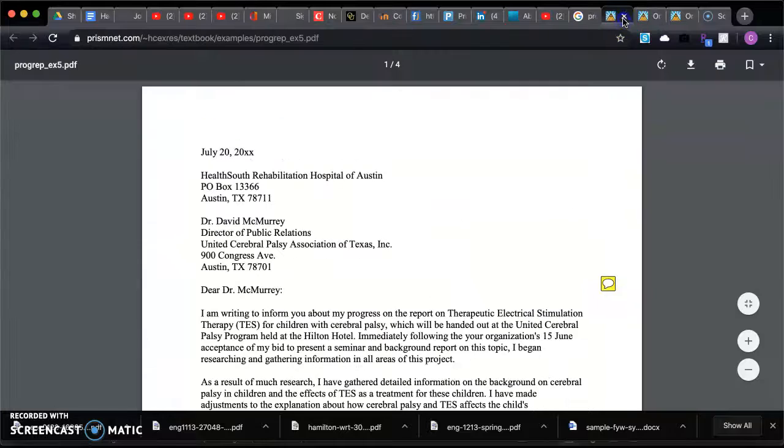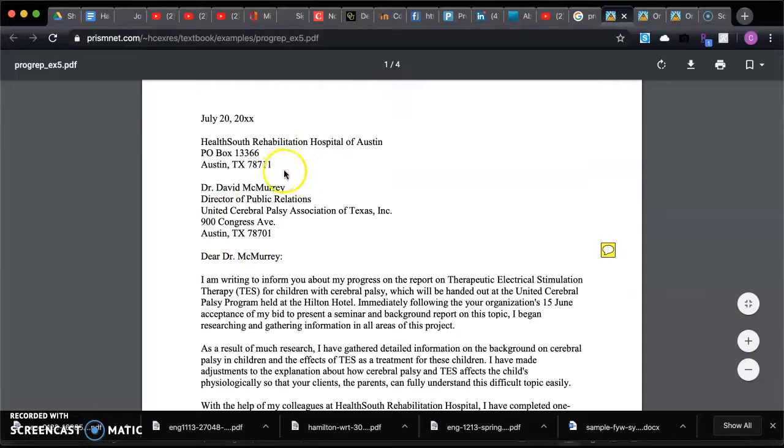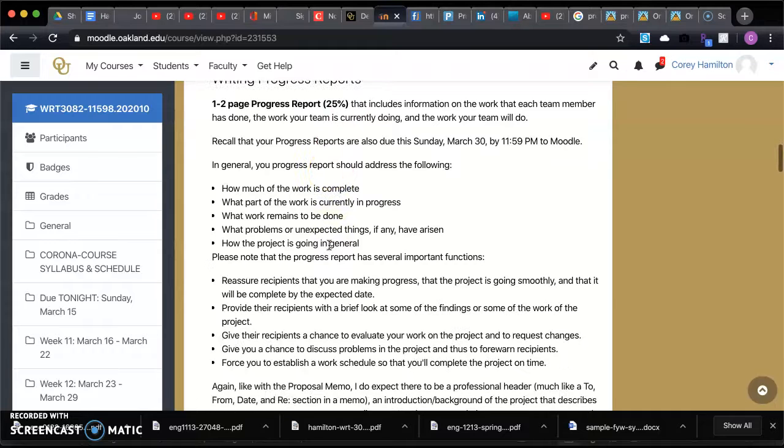Now, I do want to note here on these examples, they're pretty flexible as far as the formatting. If you choose to do a letter, or if you want to do a memo again, that's completely fine. Just be consistent. More than anything, I'm looking to make sure that when I'm done reading your progress report, it looks professional, and that I know that each team has submitted one, and then I know who it's from, I know what it's regarding,